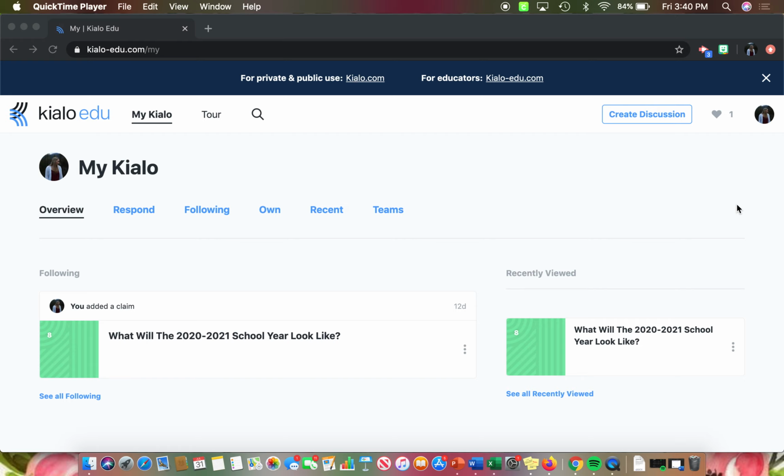The teacher can start a debate, and then students will go in and respond to it on how they feel. They'll have to come up with claims and arguments based on possibly evidence that you're researching at the time. They have to really decide which side they're on and then explain why they feel that way. And then from there, students can add on to other students' claims and kind of just create that argument discussion